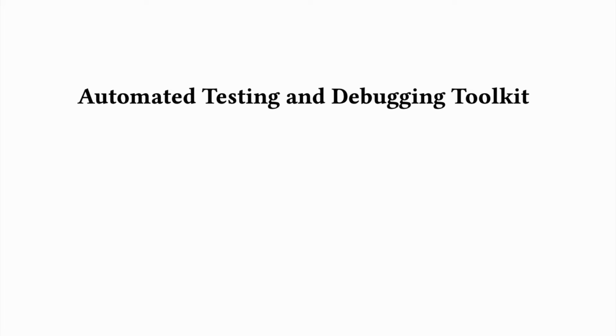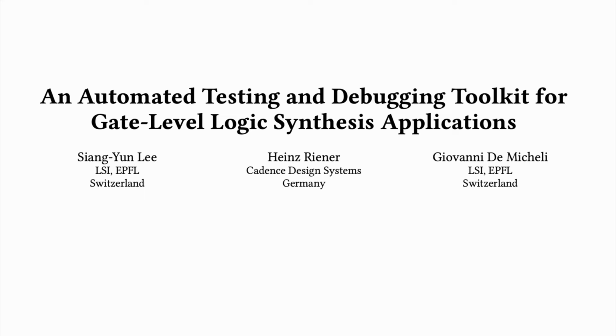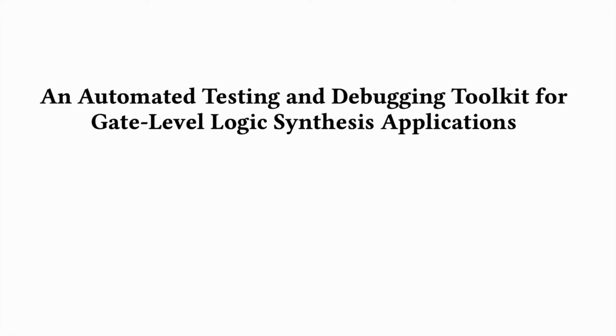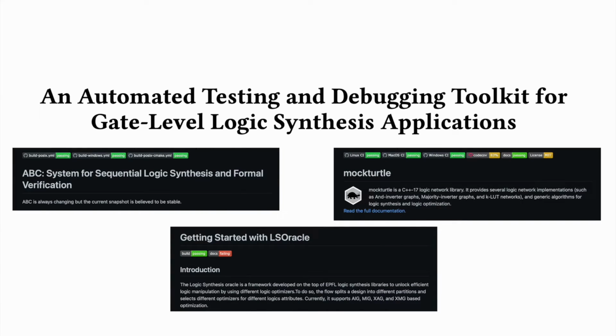Automated testing and debugging tools are actually quite common in other fields like compiler construction, but they seem to be not yet a common practice in the logic synthesis community. So, in this work, we aim at providing a toolkit for testing and debugging gate-level logic synthesis applications, such as ABC, Mockturtle, and LSOracle. The principles behind our toolkit are similar to fuzzing and delta debugging, but the algorithms are specialized for logic synthesis